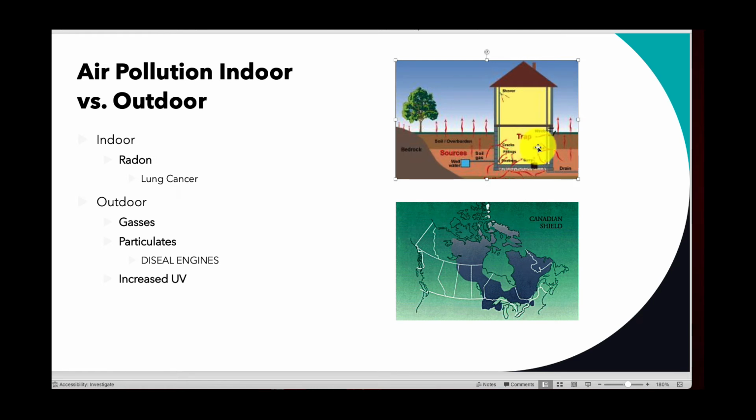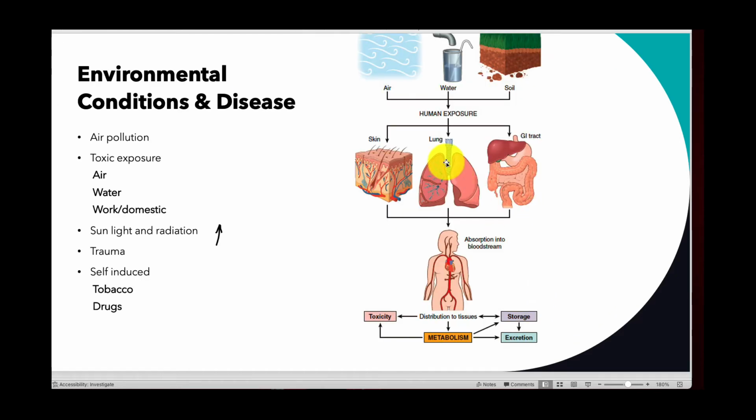So radon comes from the soil. It forms naturally, and it's basically formed from uranium in soil and rocks. And it breaks down to form this thing called radium, which then turns into this gas called radon. And once it's formed in the soil and in the rocks, radon can enter the home through cracks in the walls or basements or the floors of the foundation, and other openings in the house. Essentially it will get trapped in the house, and we breathe this gas in, right? So again, let's go back here.